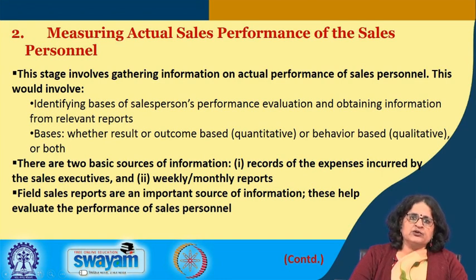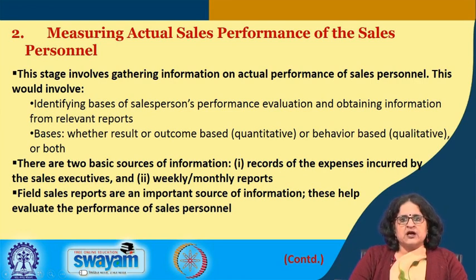And the second thing that we need to discuss is how would we be obtaining information, what are the kind of reports which we would be accessing or using to measure their actual performance. So this particular stage involves gathering information on actual performance of sales force, which would first involve identifying the basis of their performance evaluation, which could be quantitative or qualitative or both, and second would be to decide on the various sources of information which would be used